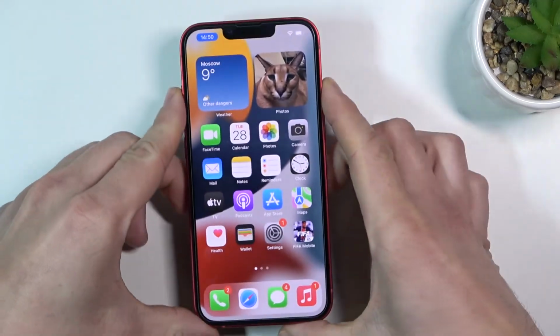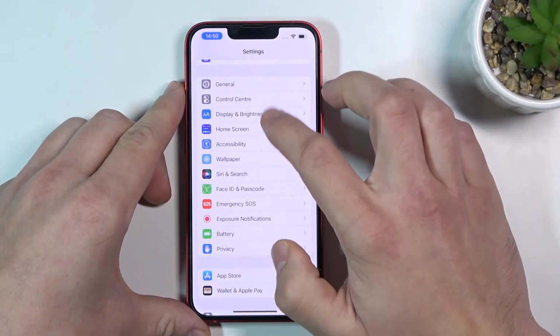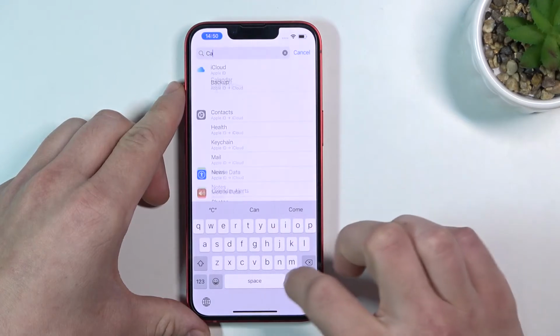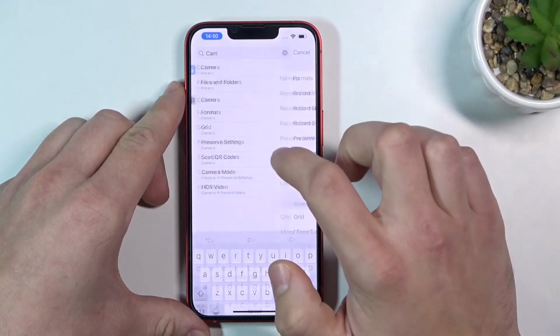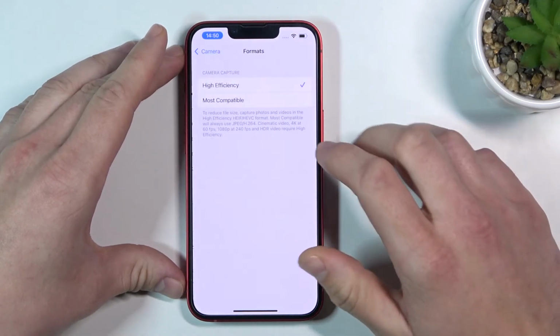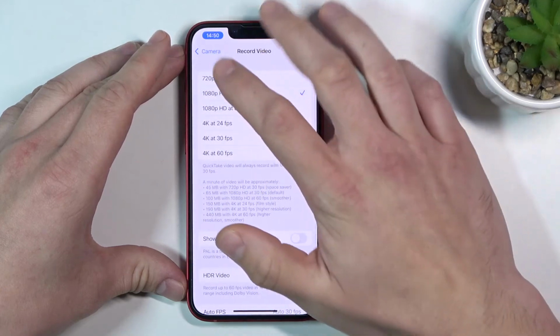And now let's open settings. Search for camera. And here we've got all settings for camera. We can change formats, resolution,